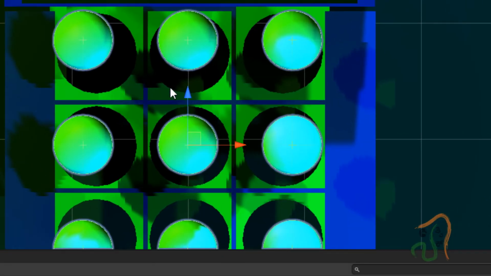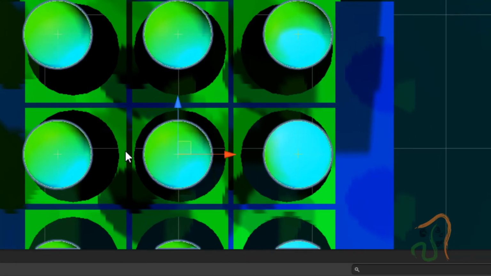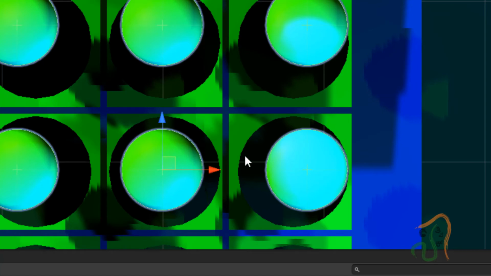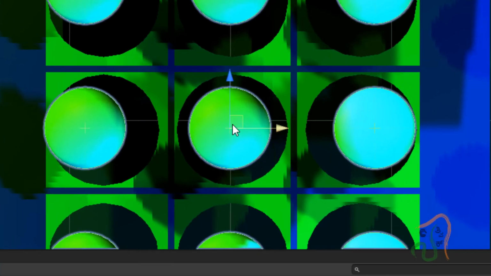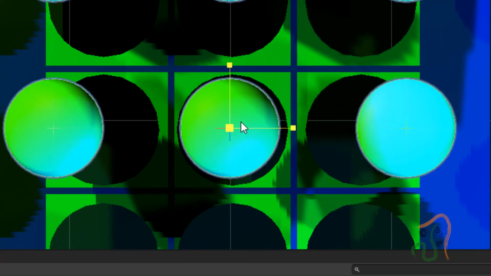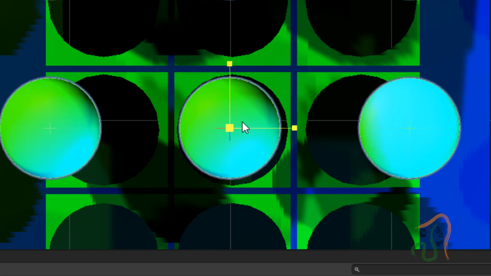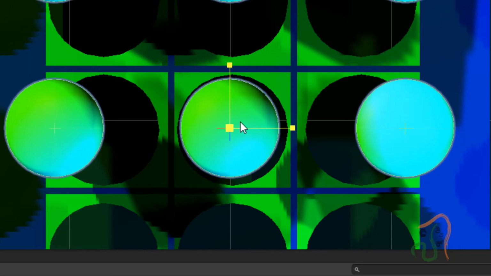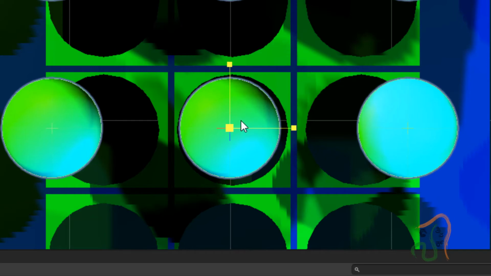Let us position these mold containers correctly now. First thing is, let us see the scale of this. We have the mold container here, and if required, press the scale button and scale it a little more like this, so that it fits exactly inside this scene.